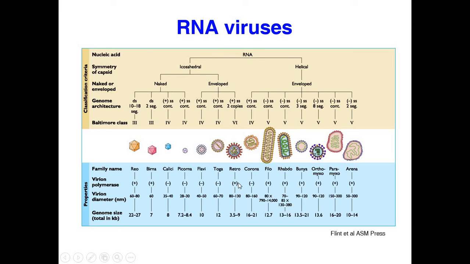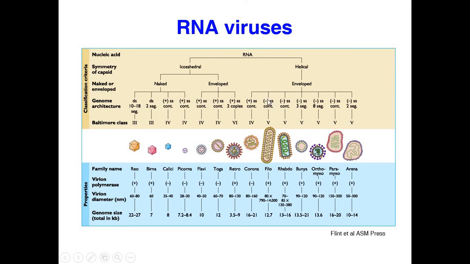It also has polymerase enzymes, and the size of this virus is 80 to 130 nanometer, and the genome size is 3.5 to 9 kilobase pair. The other group is enveloped viruses with helical symmetry, and here you can see the different